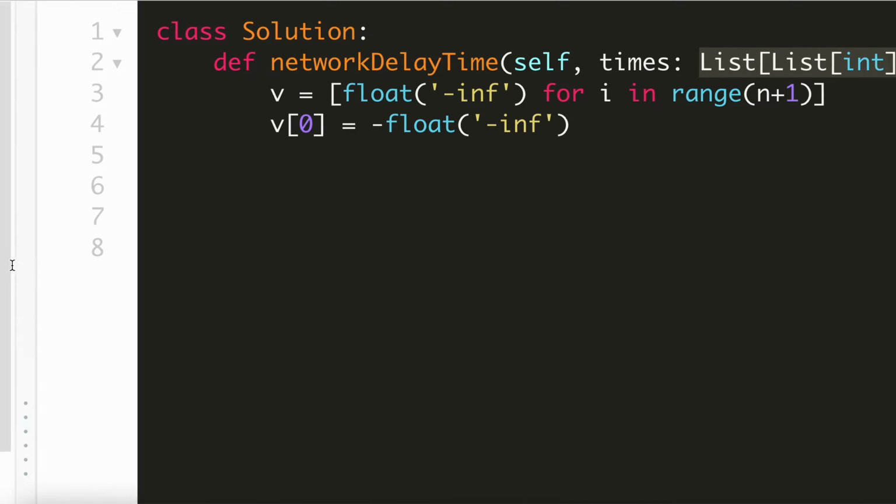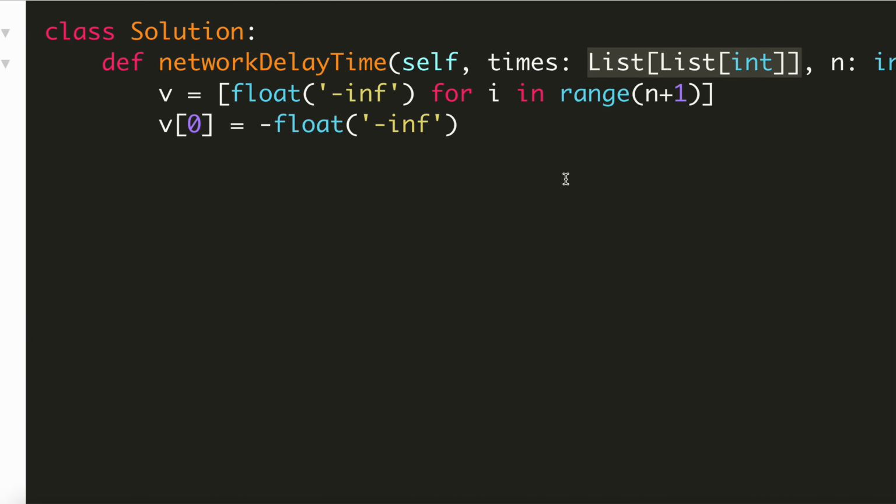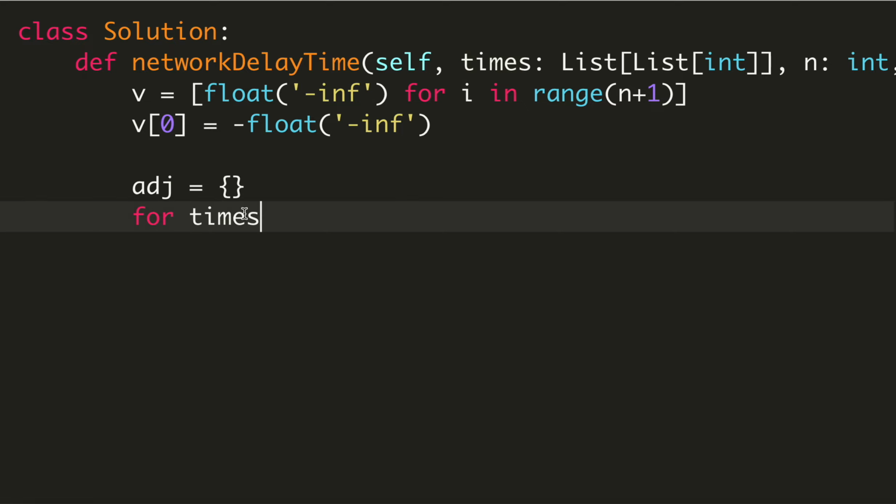In this list we have the source, destination, and time taken to travel from source to destination. So what we have to do is construct an adjacency list so that we will be able to process easily. So let me take the adjacency list as a dictionary. Let's go over all the things in this times they have given us, where this contains source, destination, and